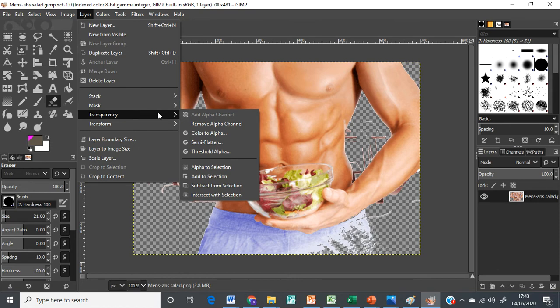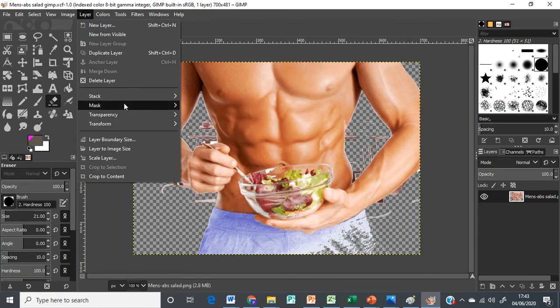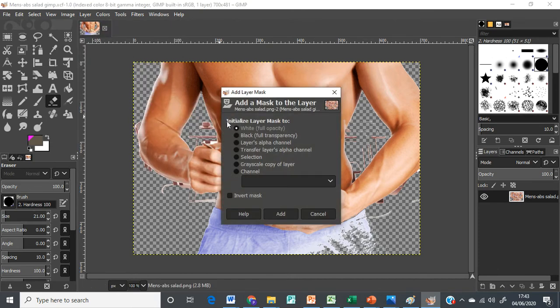It's the same menu. We go to mask. We need to put an add layer mask. And what that does, if you look at the bottom here, it says something. So mask, add layer mask. It adds a mask that allows non-destructive editing of transparency. That means we can see through it. So if I add the layer mask this time, leave it as white, which is full opacity,